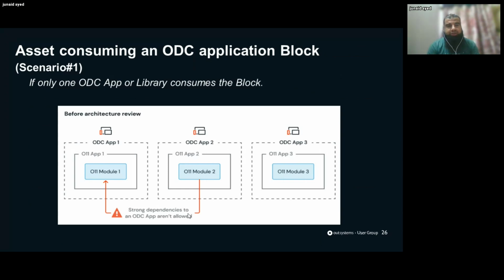Only one ODC application consumes the Uh,